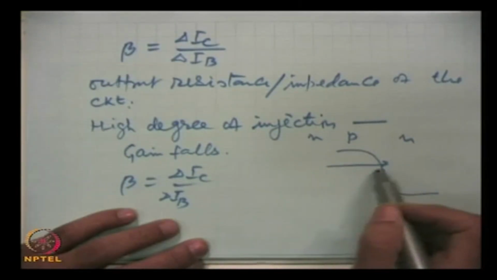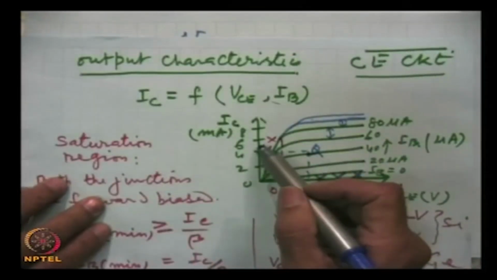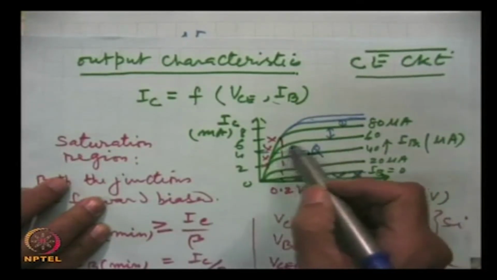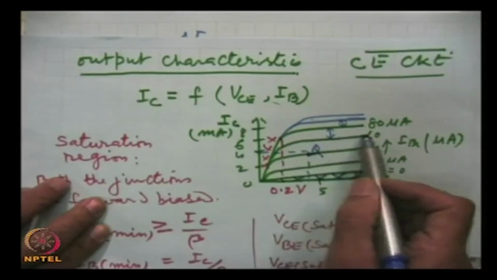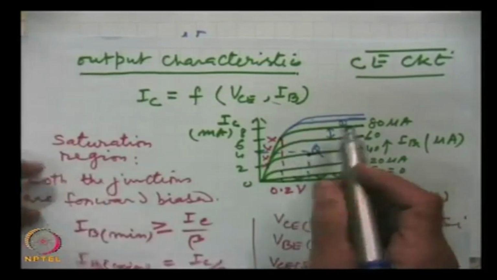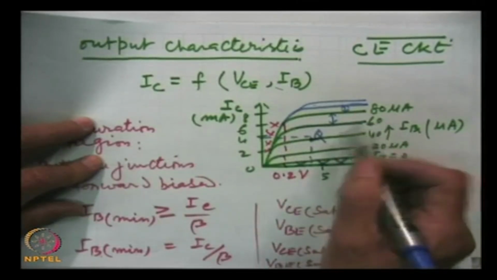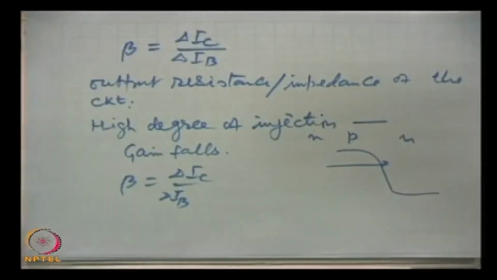So, what we said earlier is that the output current should be independent of this reverse voltage. This is true to a very large extent, but not 100%. There is a finite slope in the curve, they are not exactly flat, and this is because when we increase this reverse voltage here,